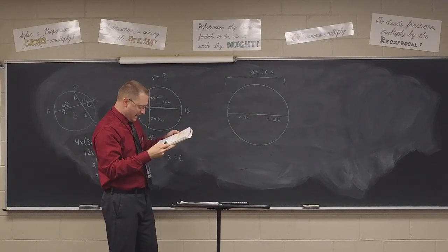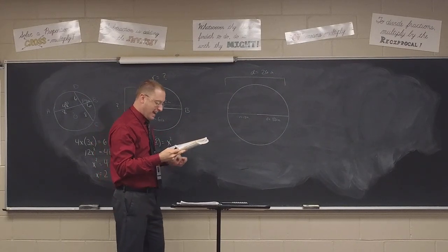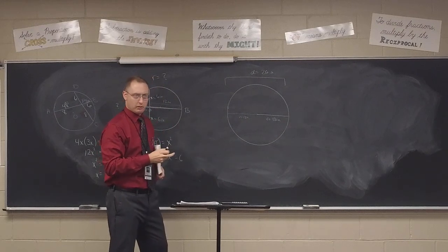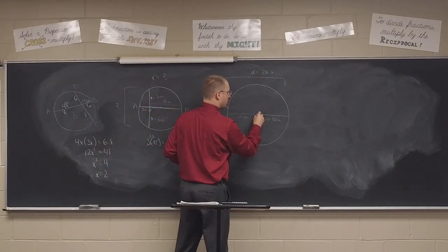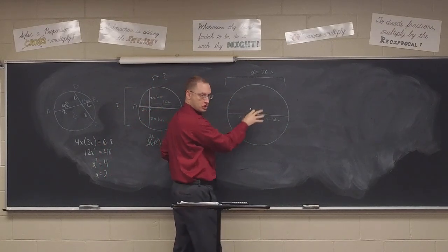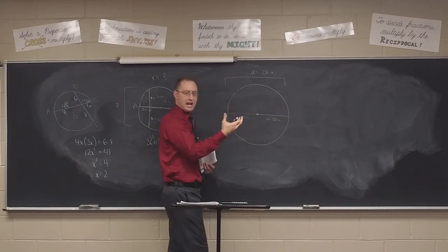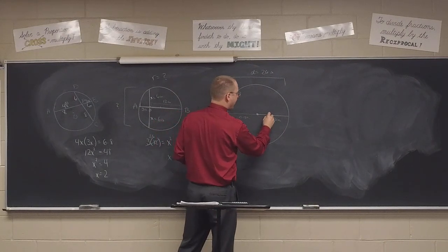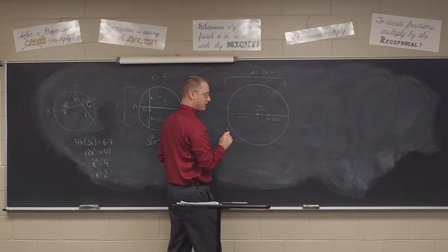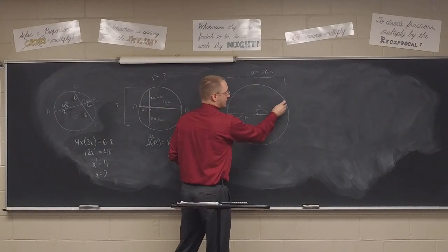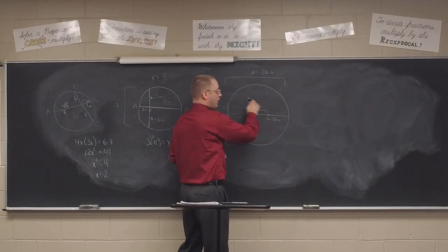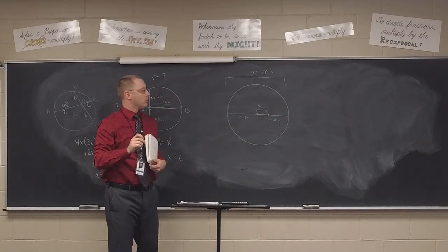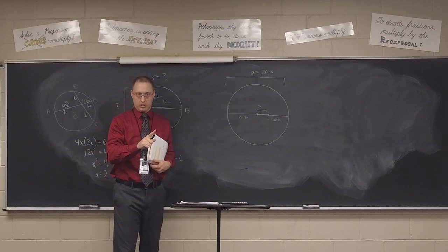Then it says we've got a point that is 5 inches from the center. So here's my center. Now, I could pick any point 5 inches away, right? But I could draw the same radii or diameter through it. So I'm going to pick 5 inches away here, and I've got a chord. Now, there's an infinite number of chords that can be drawn through that point, correct? But the shortest chord that may be drawn would be the